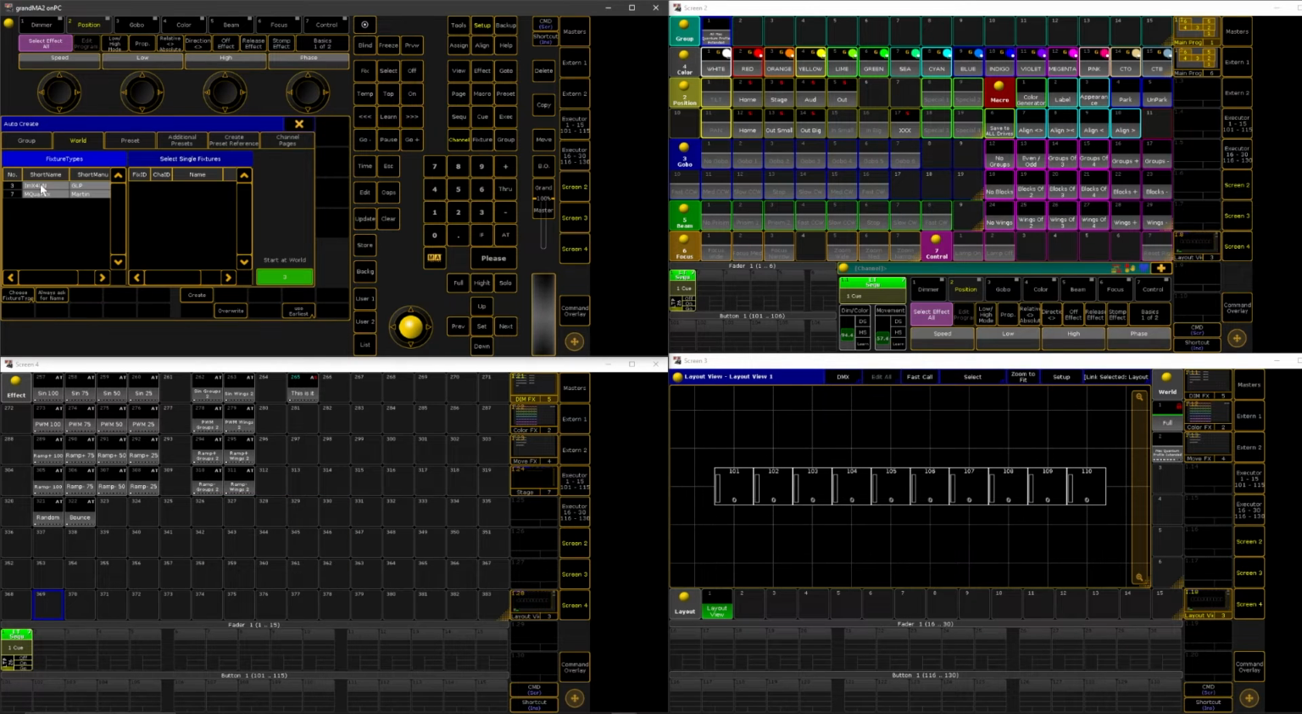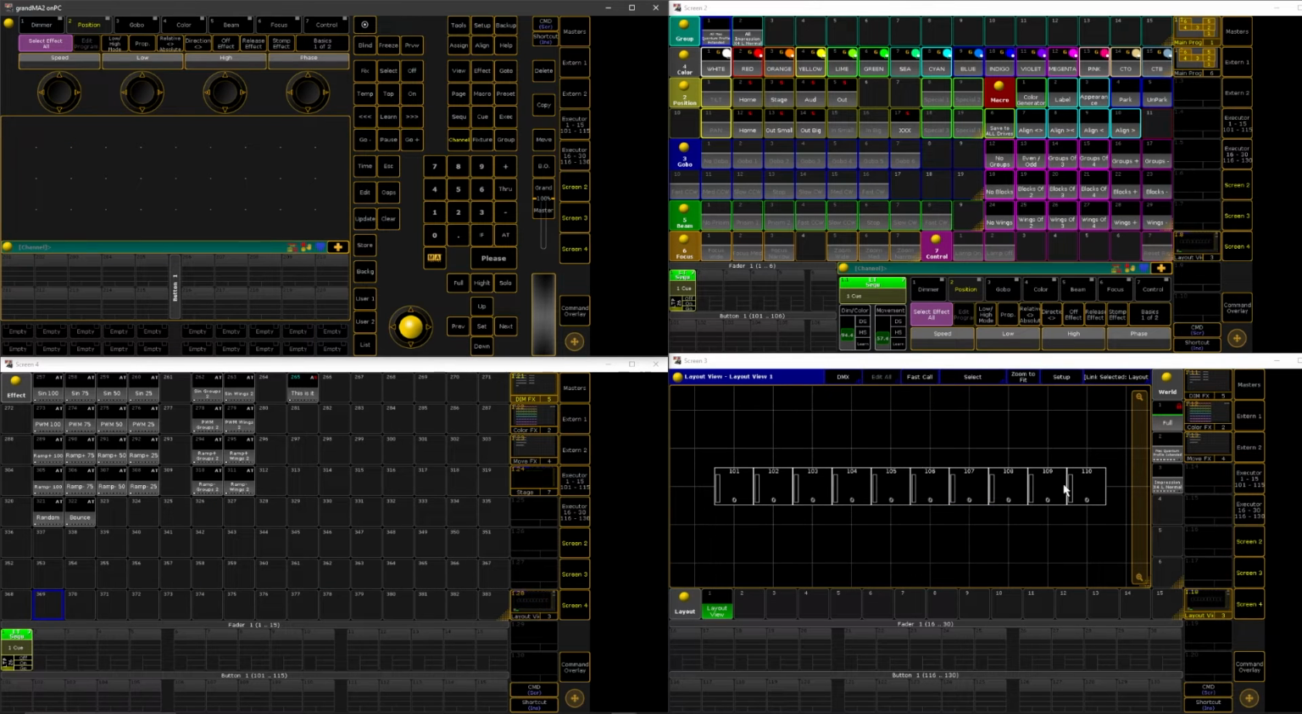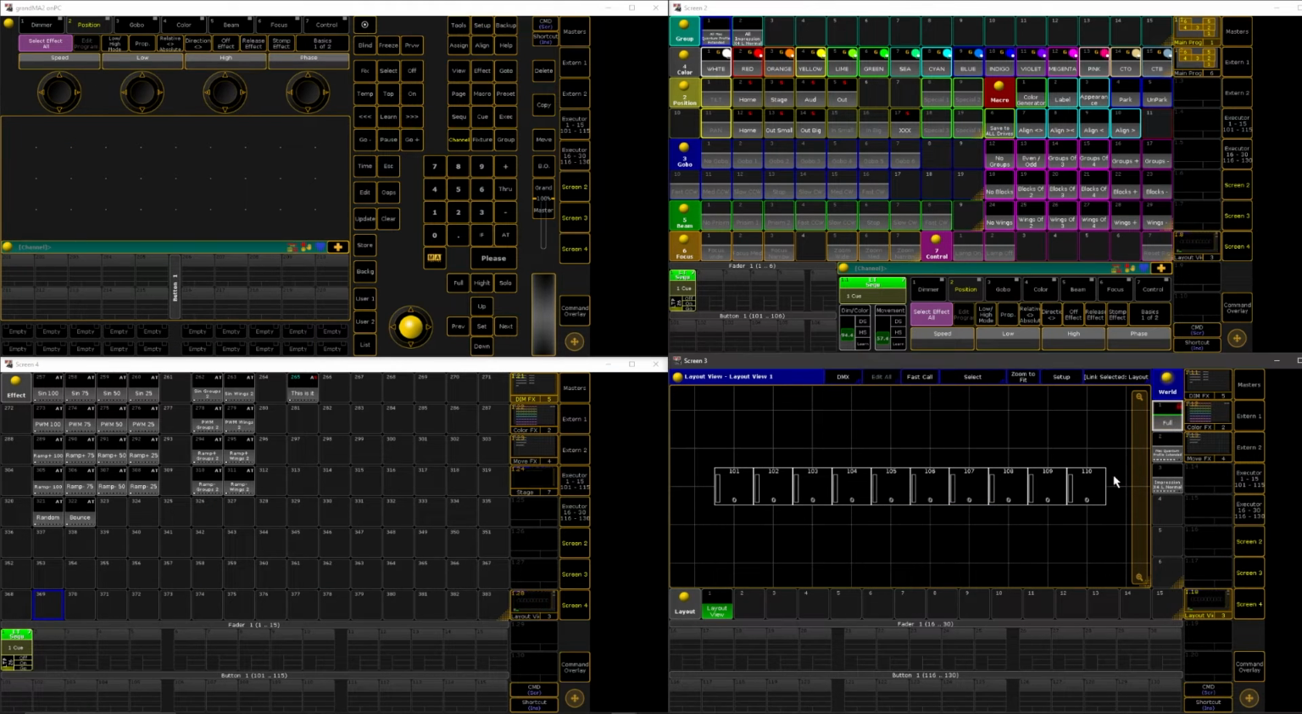We can go in our auto create menu. You see our X4Ls here. We'll hit create. Cool. And then, oh, that was just for the world. So we'll also do it for the groups. Cool. So now we have our X4L group, which is up here, and our X4L world, as well as our